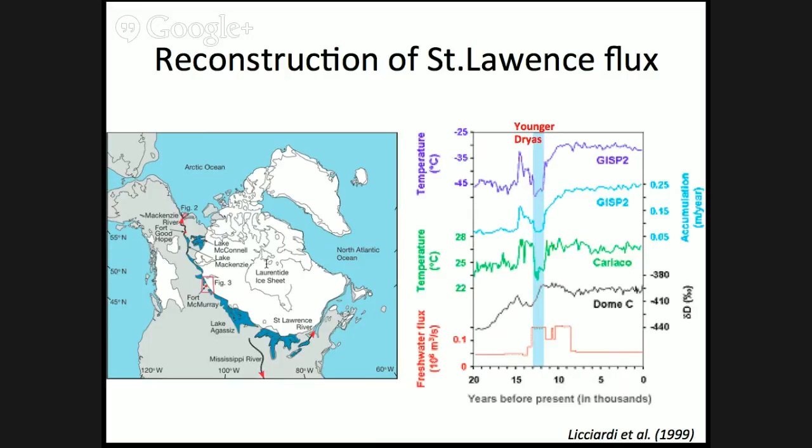Now here is showing the retrieved freshwater flux. You see that this freshwater flux is consistent with the period of the Greenland temperature dropping at the Younger Dryas period. And afterward, there's another flux. So this flux didn't trigger any